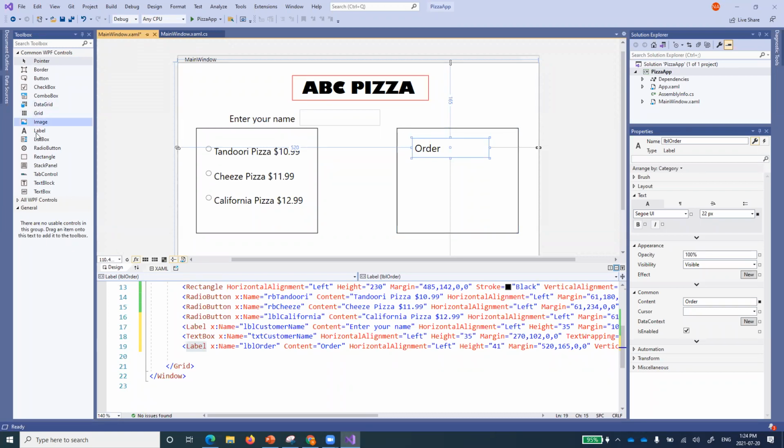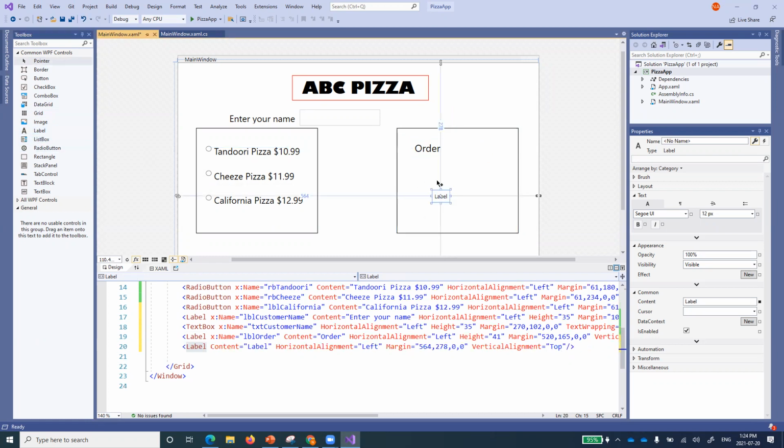Okay, bring one more label over here, maybe in this part, and call it LBL type of pizza, or maybe you can say pizza description. I will bring up whatever is selected into this one.